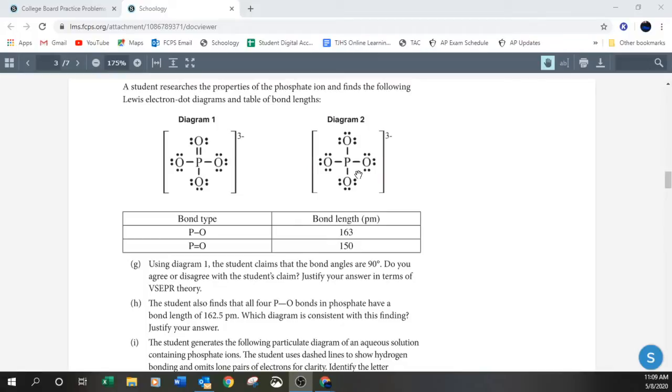Now, if you were asked to justify this with formal charges, I would say probably the better of the two would be the one on the left, because the phosphorus has the 5 that it should have, because on the periodic table,